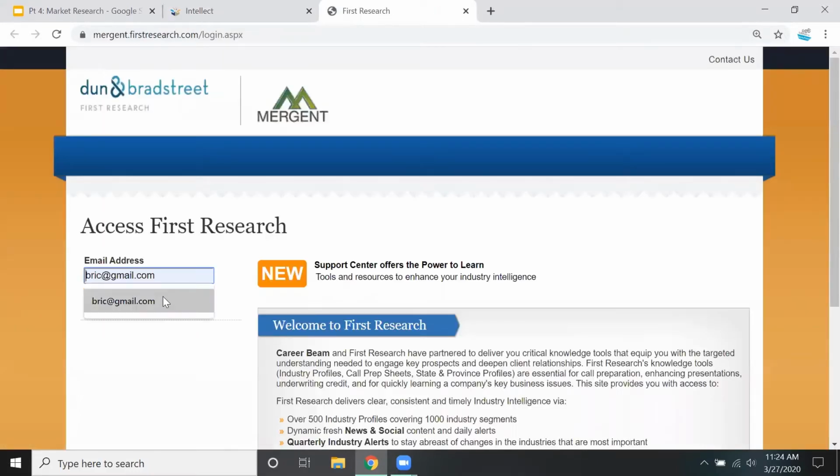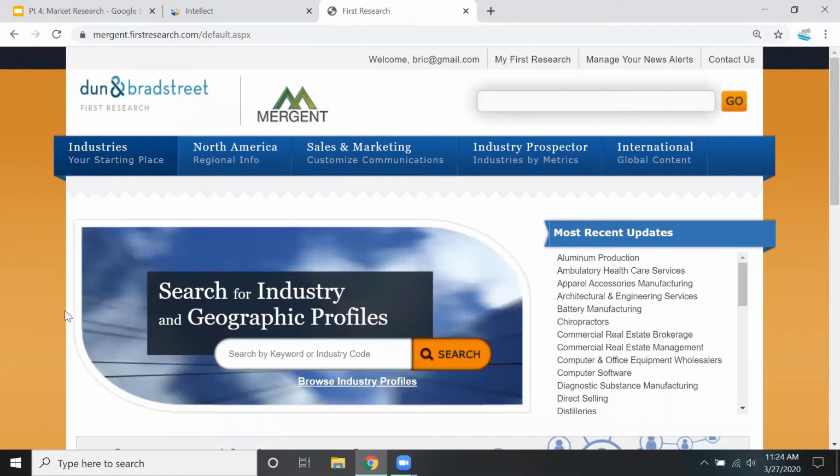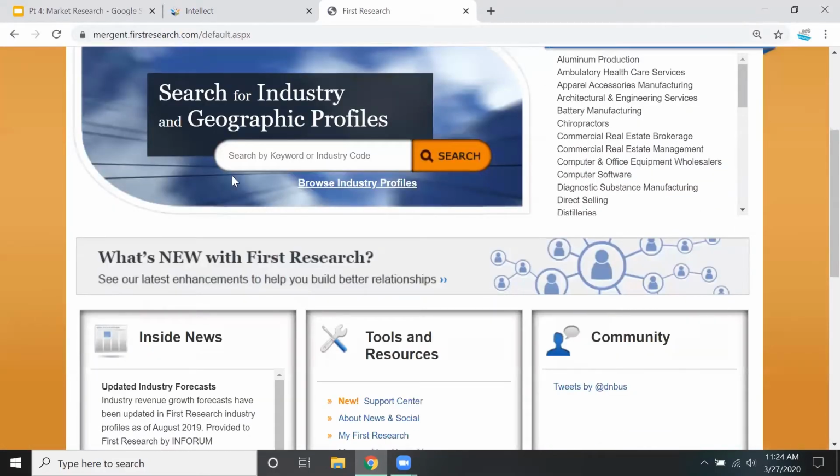When you enter the database, it does ask you to enter an email address. Once you click Submit, you are then in the database. It asks you to search by keyword or industry code. I do highly recommend searching by industry code in this database, by that North American Industry Classification Code, or NAICS code. The keyword search isn't my favorite on this database, but if you haven't yet discovered your NAICS code, or